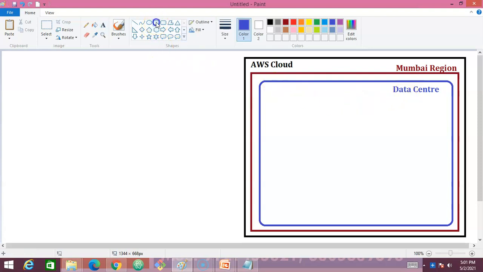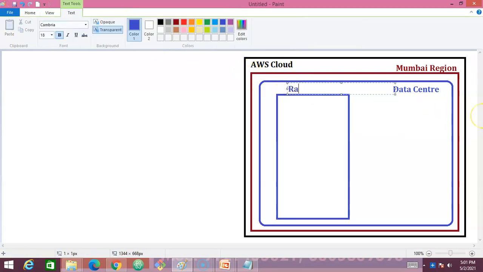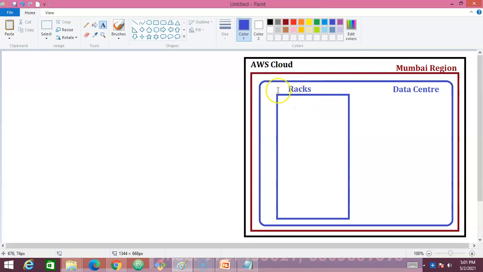Let's say inside this data center we have a rack, and inside this rack we'll have a pile of servers. You can assume that this is one rack. Just as we have racks at home to keep our books or anything else inside, in the same way, inside the data center we'll have racks, and inside these racks we'll have servers of different configurations. So whenever we